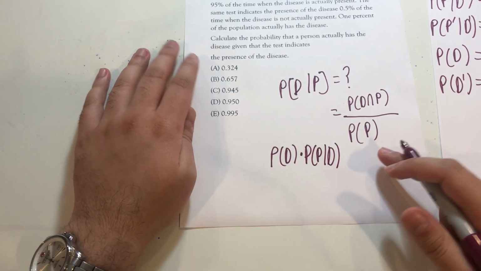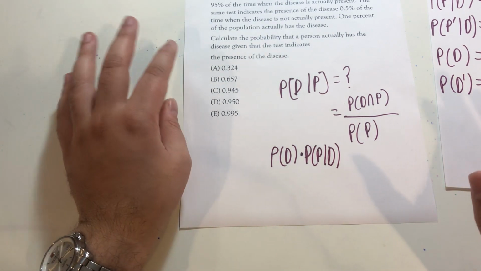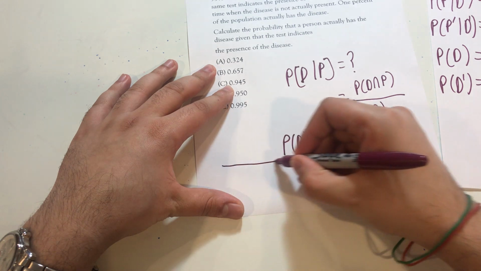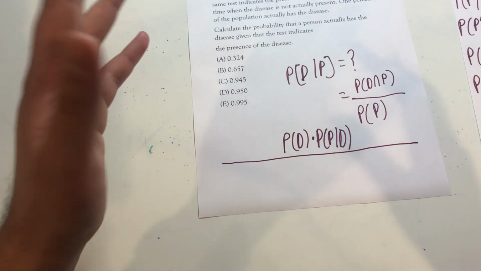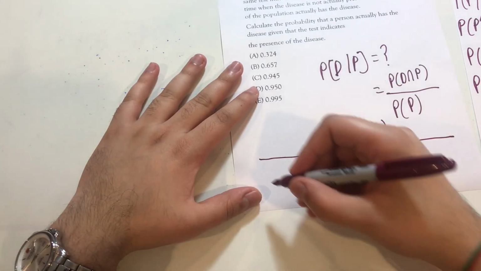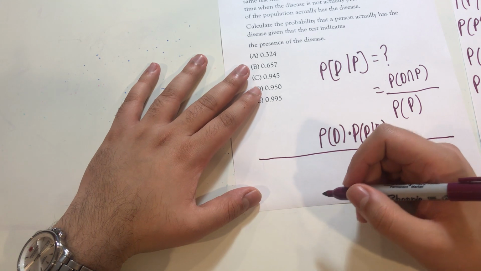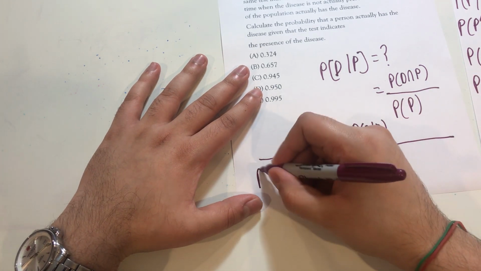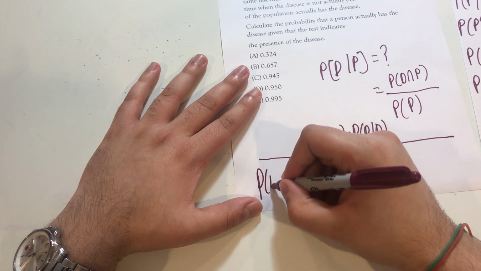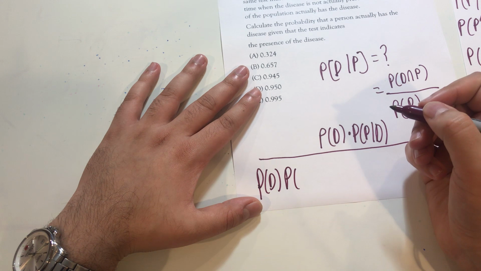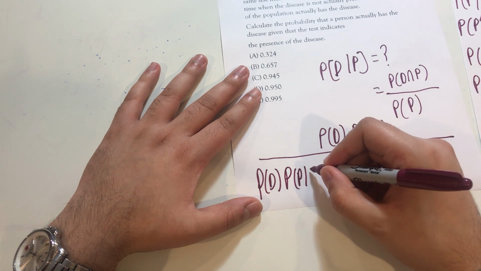While the denominator is every potential possibility where somebody can test positive for the disease. So they can either test positive while actually having it, that's the probability of having the disease times the probability of testing positive given that they have it,